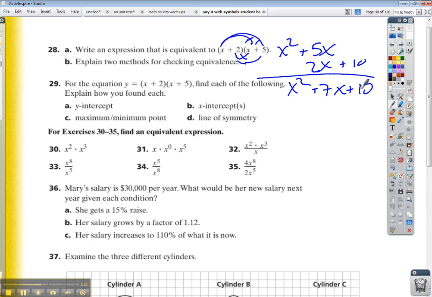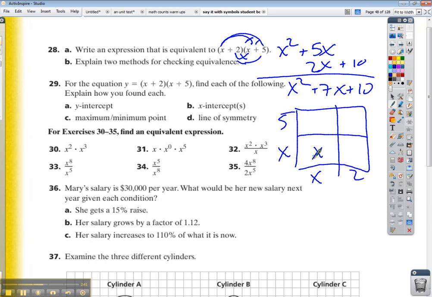Explain two methods for checking equivalence. That's this thing where you have x plus 2, x plus 5, so this rectangle would be x squared, this would be 5x, 2x, and 10. And so you add these together. So that's what they're talking about. For number 29,